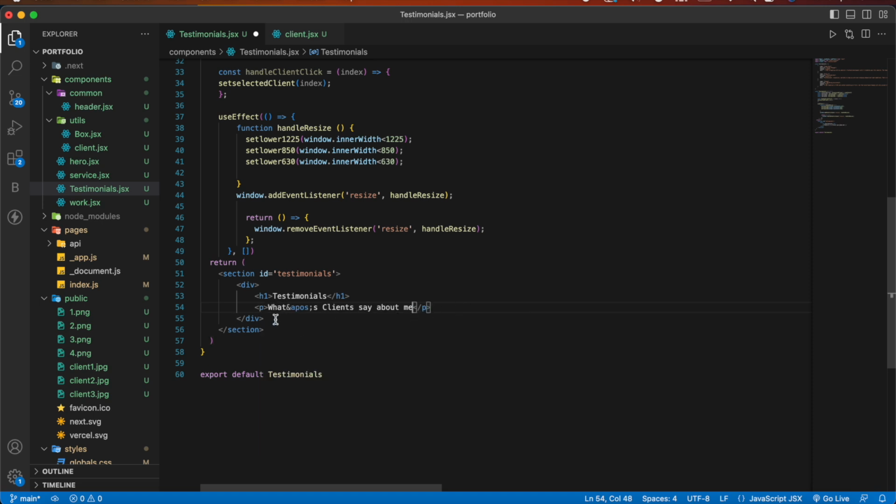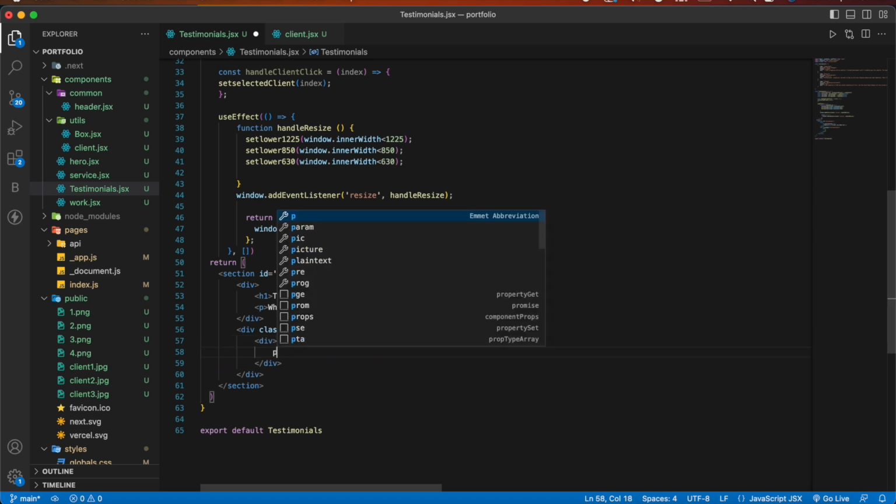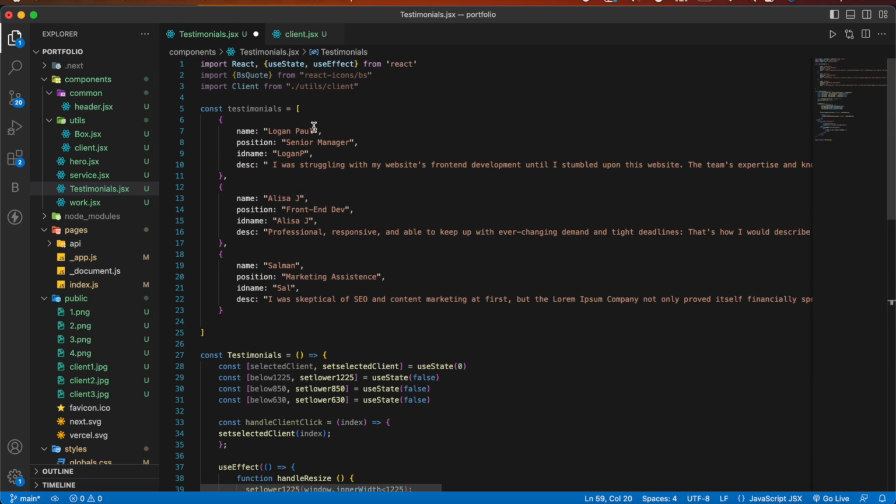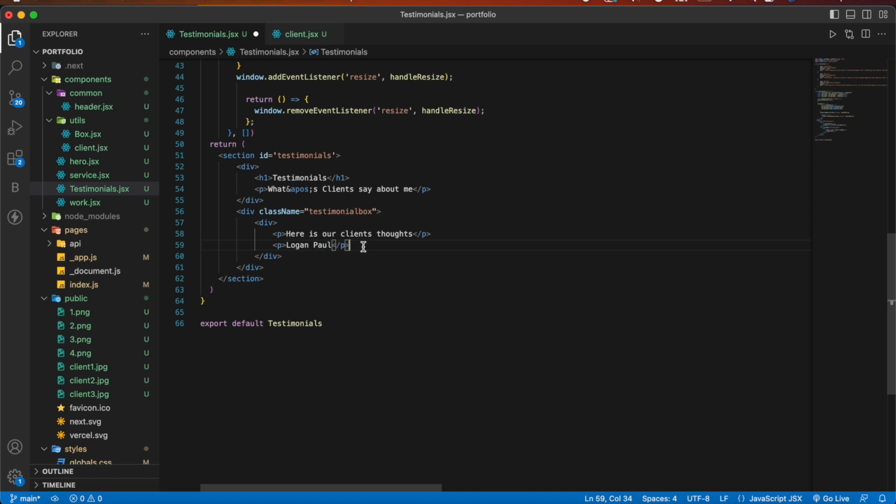Now outside this div we'll make another div of class name testimonial box, and then inside that div we'll have another div, and then a paragraph tag. Here we'll add the client name. I'm just going to add one of these here, and then after the paragraph tag we'll add